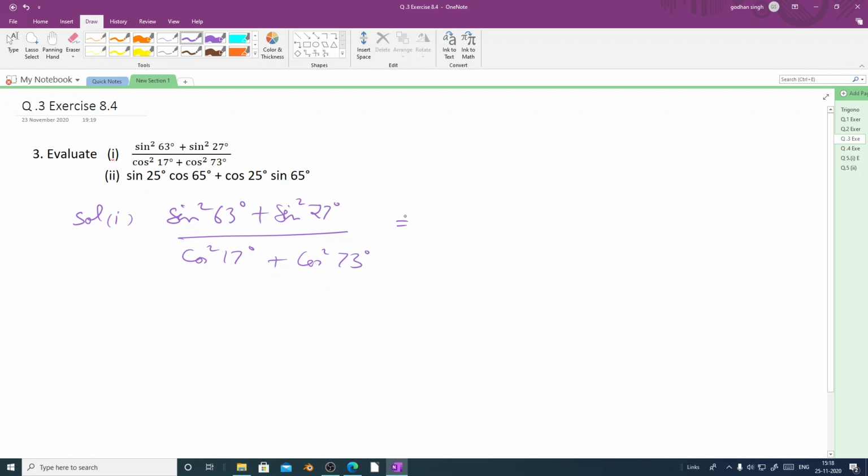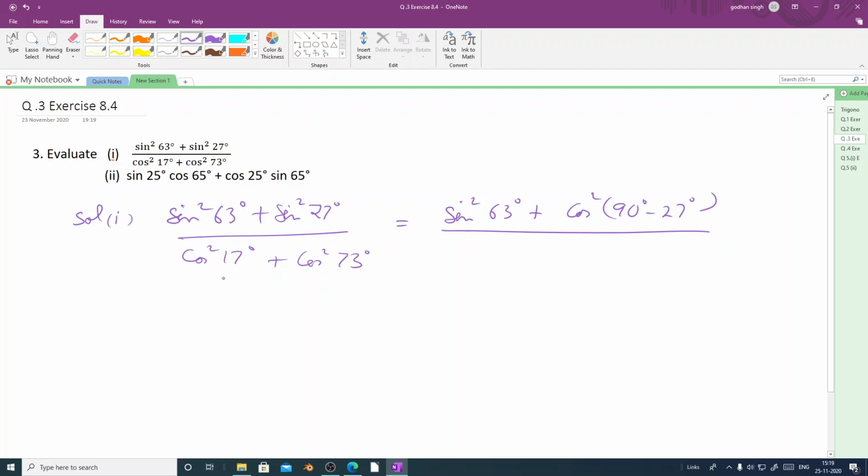to, now what identity will apply is, we know that sine square theta plus cos square theta is equal to 1, but here the values of theta are different. So what we can do is, we also know that sine theta can be written as cos 90 minus theta, so that is what we will apply here. So this can be written as sine square 63 degree plus, now this sine square 27 degree we will write in terms of cos, so that can be written as cos square 90 minus theta. So theta in our case, in the second part, is 27 degree. So 90 minus 27 degree over,